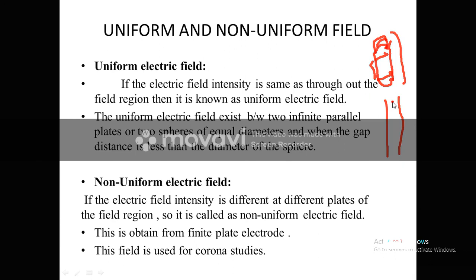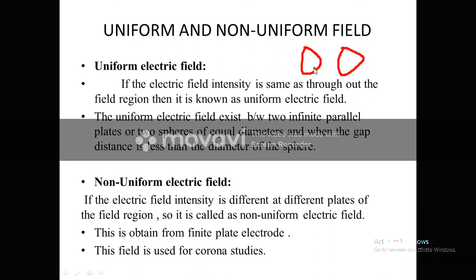So either you have infinite length charge plates, which is not possible, or if we have them closer, then we may achieve a bit of uniformity. The other solution is we must have spherical electrodes, both having equal diameter, and the gap between these must be less than, meaning closer than, the diameter. Okay, if the diameter is 2 micro for example, the gap must be less than 2 micro.